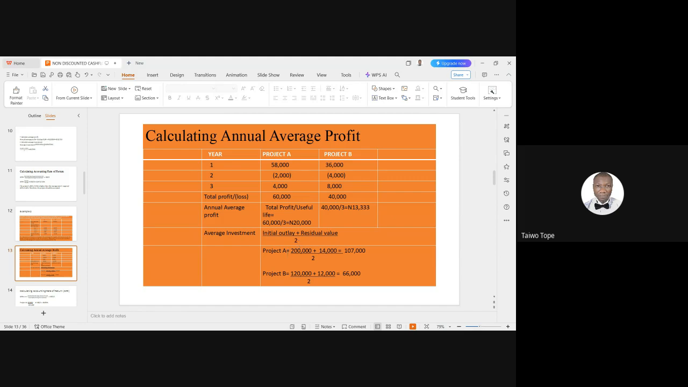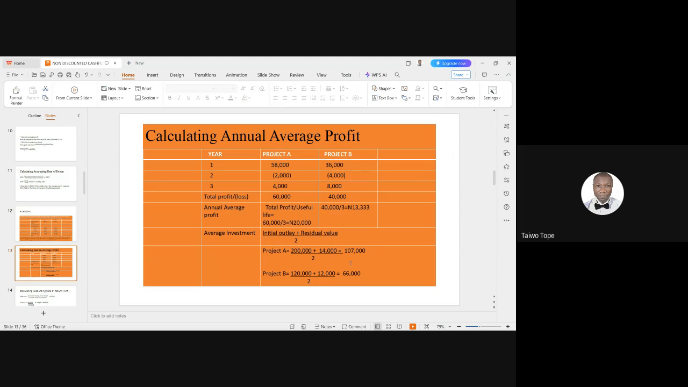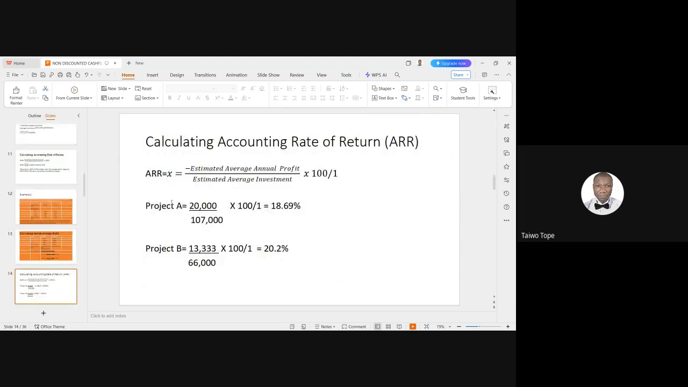So for project A, the initial outlay is 200,000 plus the scrap value of 14,000 divided by 2. Now 107,000 naira. Project B, initial outlay is 120,000 plus 12,000 divided by 2. We have 66,000 naira. All these values are in the question. This is it. Initial for A, 200, expected residual value 14 divided by 2. So you can see them here. They are not magic. So once you determine this, you can move further to calculate your accounting rate of return,